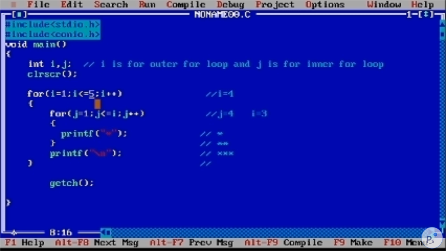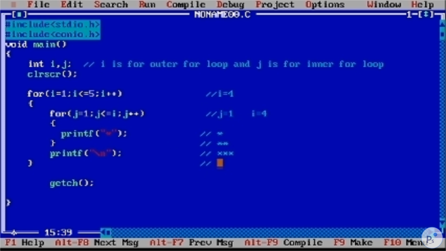Okay, so back to our program. Now the value of i is 4. Now let me add it here. So again the value of j is initialized back to 1. So 1 is less than or equal to 4, condition is true.